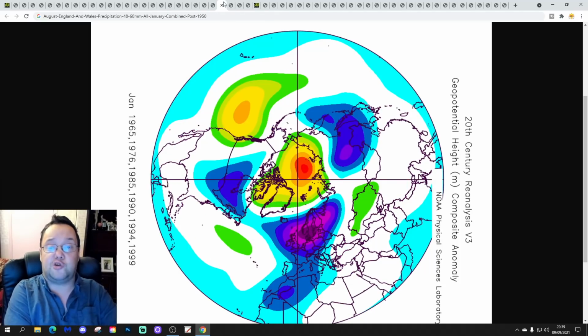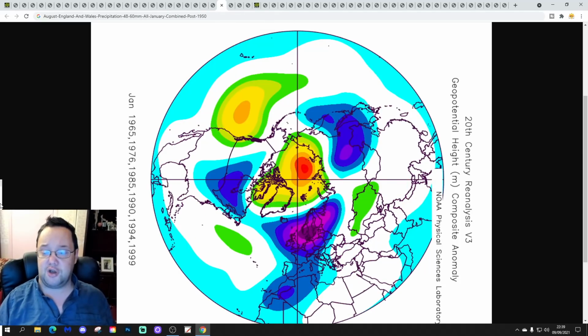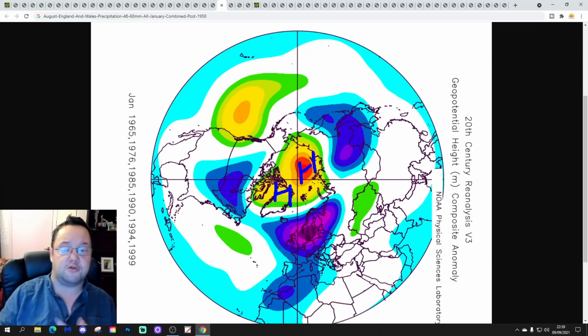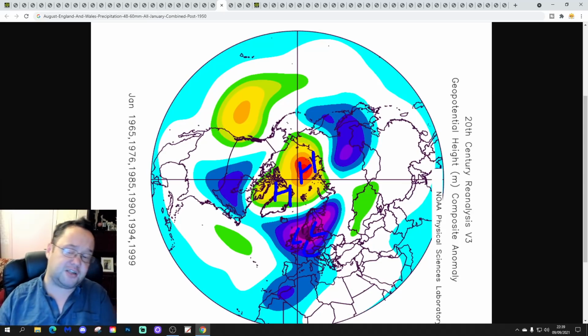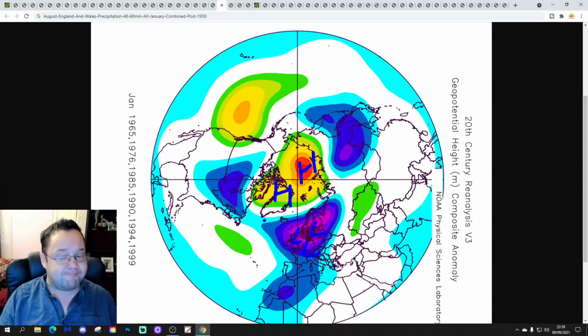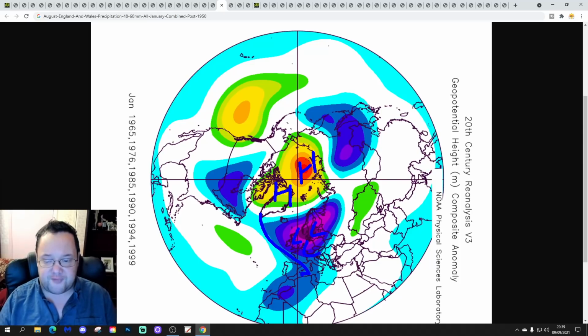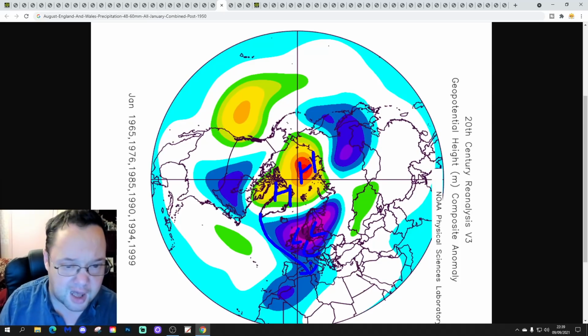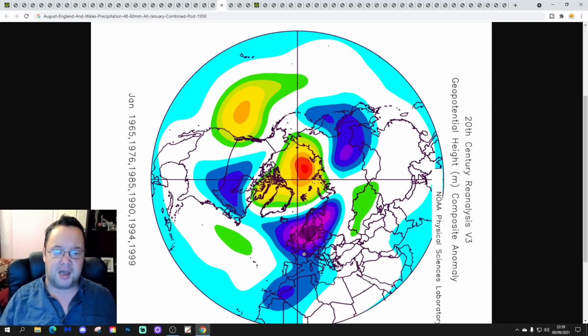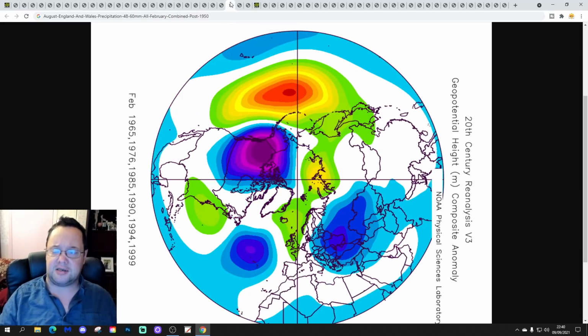This is how all Januaries combined look post-1950. Still a little bit of cold potential. We have got blocking, although it is more over towards the Eurasian side of the Arctic, less so around the Greenland, Iceland side. But average heights over to our east and northeast. It's probably still quite Atlantic driven, but there could be some cooler snap potential in there. But again, it's not a classic cold signal.